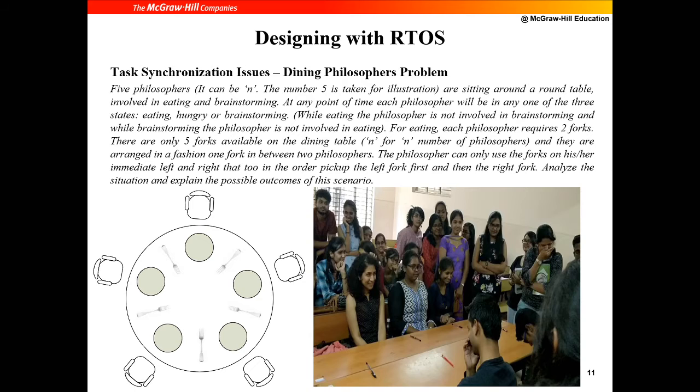Okay, dining philosophers problem. I'll tell you what a race condition is with respect to the dining philosophers problem. I'm sure you would have heard of the dining philosophers problem in your OS course. You have n number of philosophers sitting at a round table. They have a plate in front of them with spaghetti or something to eat, and each of them has a fork on both sides. So there are only n forks, one placed on the side of each plate. But the condition is that the philosopher will either think or he will eat. If he eats, then he will take both the forks. He needs both the forks to eat. He cannot eat with one fork.